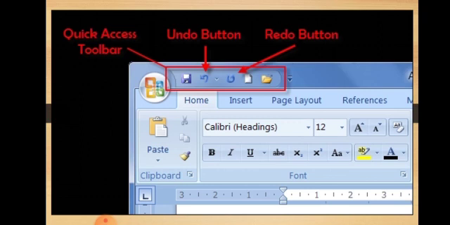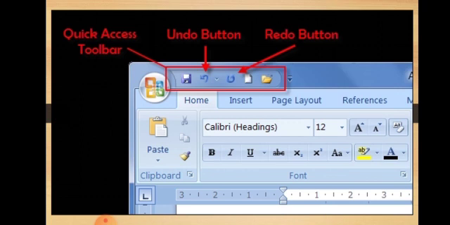Now see the undo button. What does this undo button do? This option reverses the effect of the last command. Whatever work we have done in the text area, it reverses the effect of the last command that you have given.